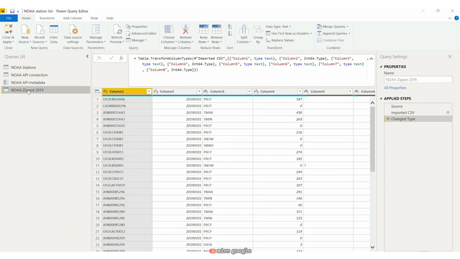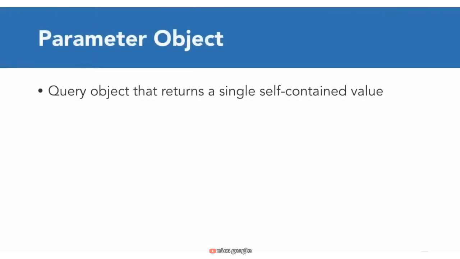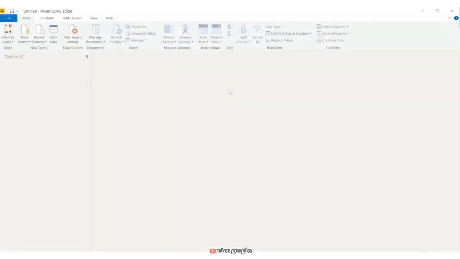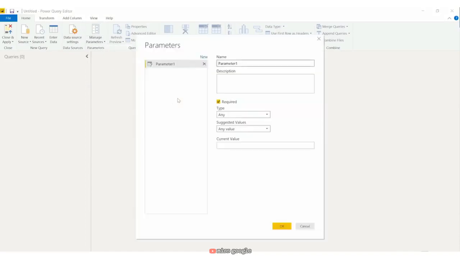We can define a parameter as a query object that returns a single self-contained value that minimizes reliance on outside files and we can potentially use in multiple other queries. In a new Power BI file, we are in the Power Query editor, where we now select Manage Parameters at the top and select New Parameter. Name this parameter Current Date